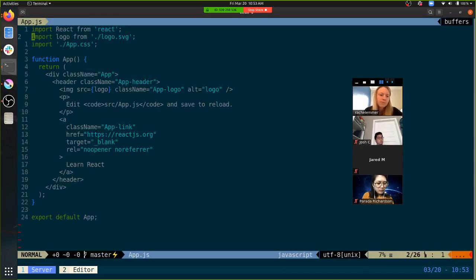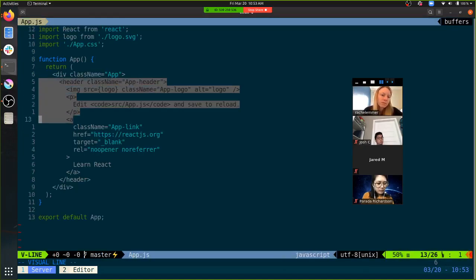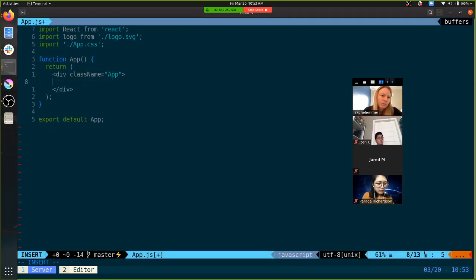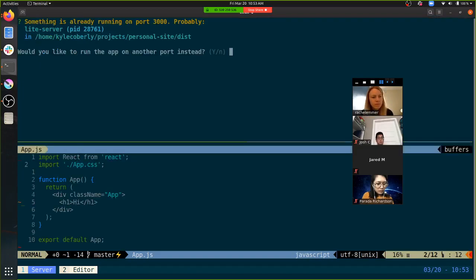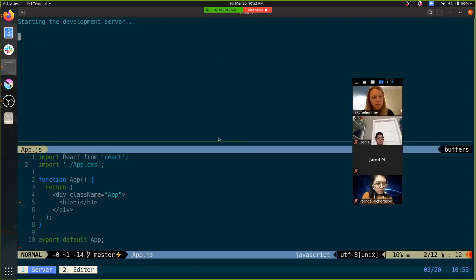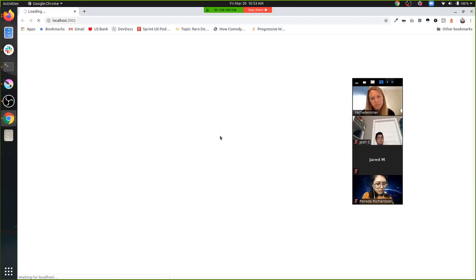And then I'm going to clean out this component, give us a nice fresh start. Do we have a working React app? We have a working React app.